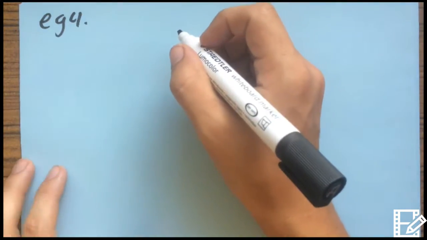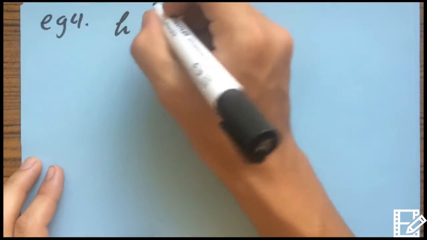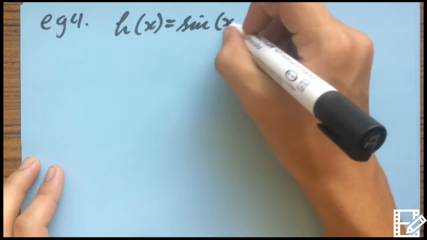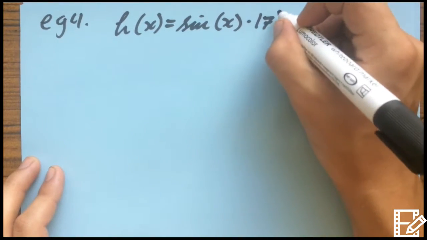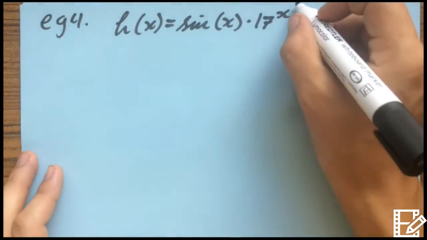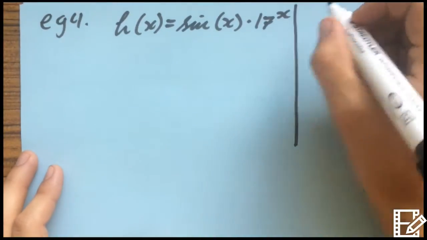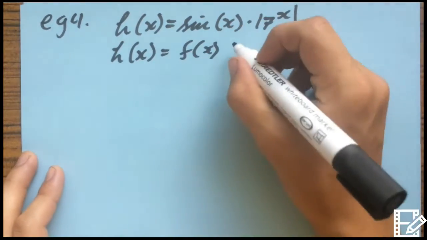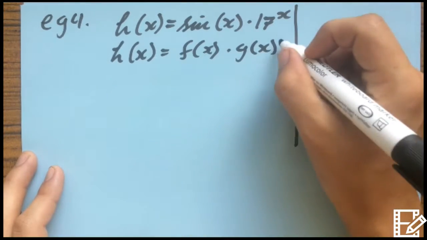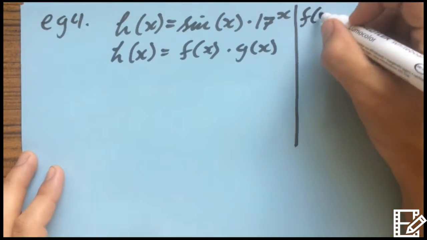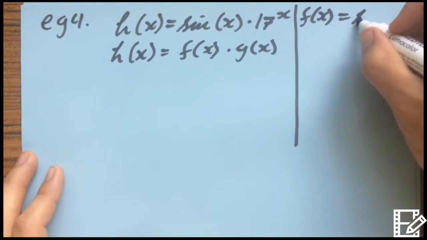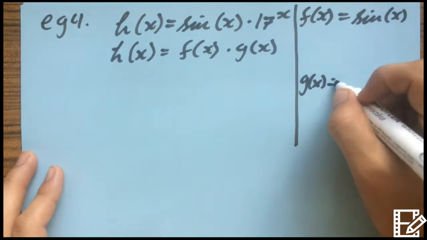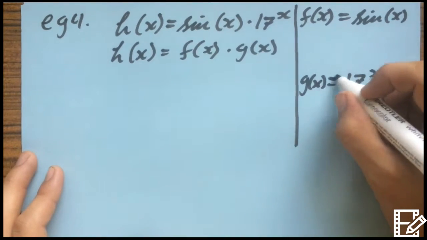If we multiply these two by ln of 10, we get that. For the fourth example, let's say we have sine x multiplied by 17 to the power of x. We have our function sine x multiplied by our other function 17 to the power of x. If we label f(x) as sine x and g(x) as 17 to the power of x,